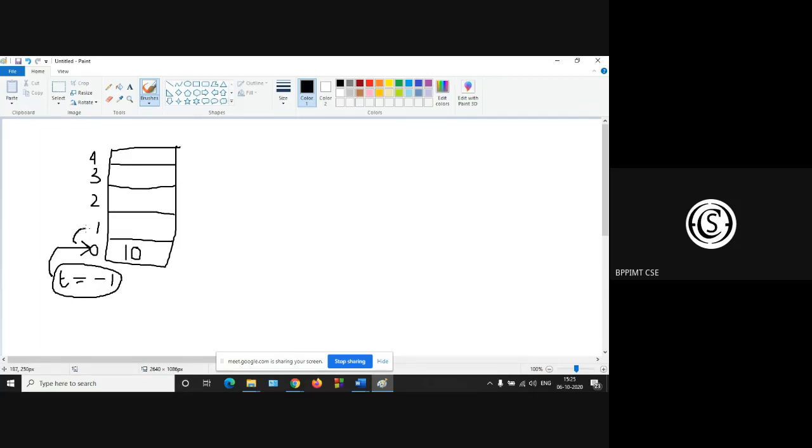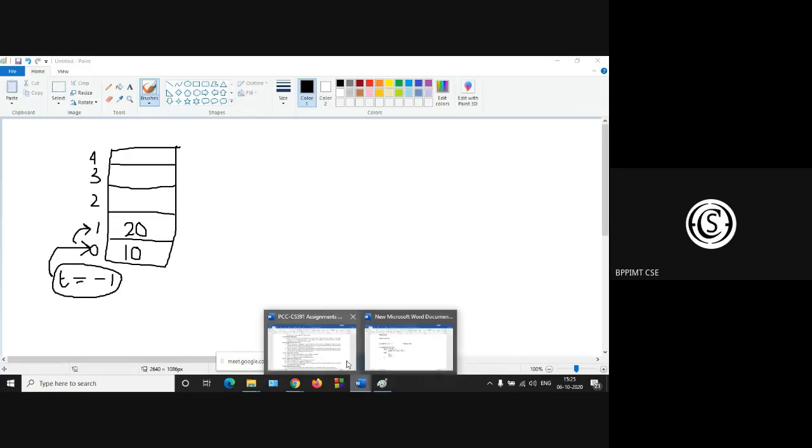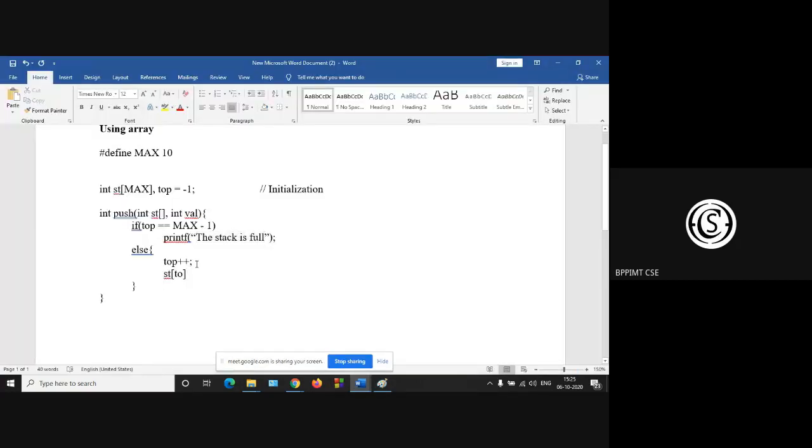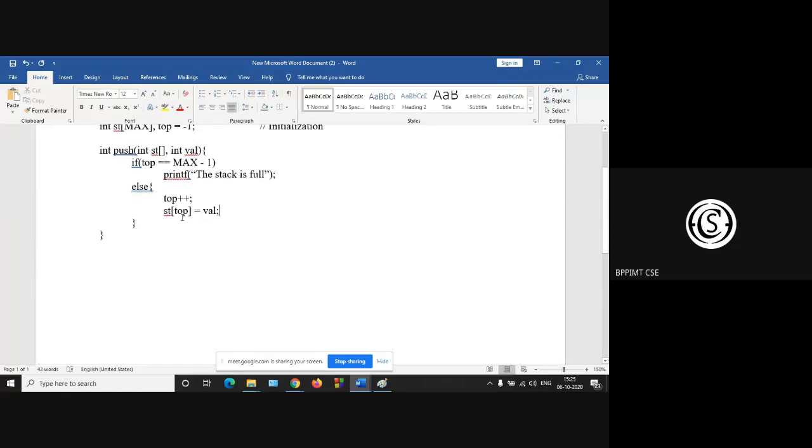First, you have to increment this top, and then st top is equal to value. So this is the push function. Do you have any doubts? This is the push function.